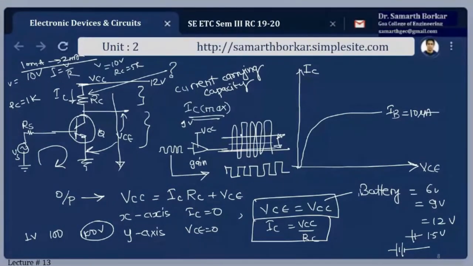So designing is the most important. Fine. Now, VC equal to VCC. That means the output voltage VCE is the output voltage here. I can get the maximum output voltage equal to VCC. You cannot get output voltage greater than VCC. Remember, this is what is explained here from mathematical point of view.